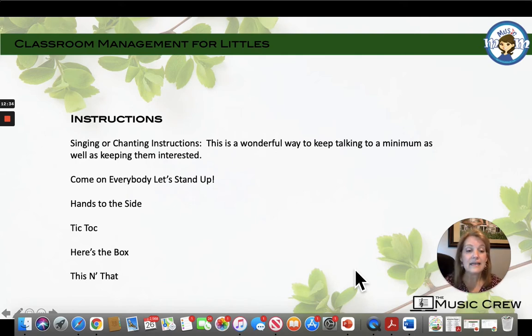Now, here is a chant that I have used for a very long time. I remember the day that I wrote it, getting ready for school, and a teacher friend said, I need a transition song that does this. And so this is what I came up with, and I've used it forever. I will have these words written out on the handout for you, so don't worry about trying to pause and write it down. I promise it will be in the handout, okay? It's called Hands to the Side.